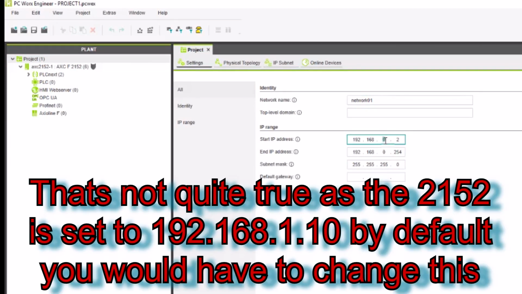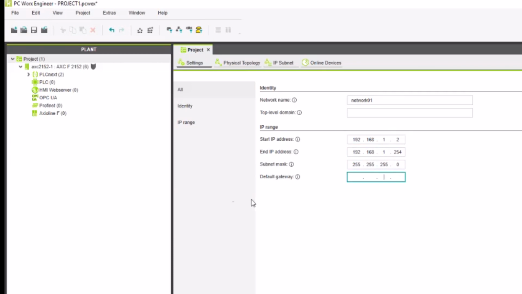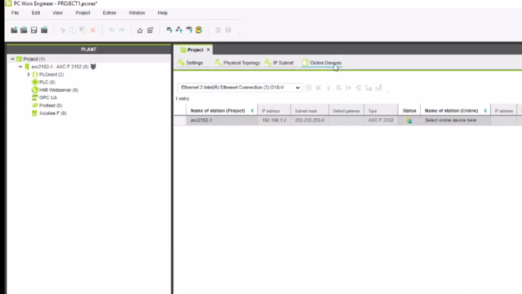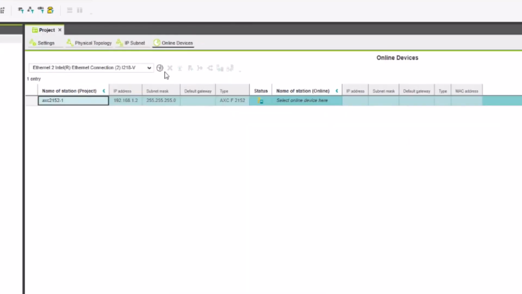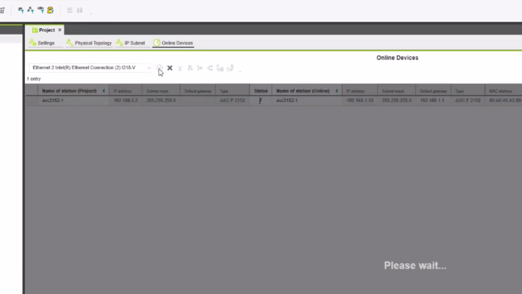I'm on a .1.x IP subnet, so I'm just going to change this to my subnet, and then I'm going to go into online devices, and here is what it's expecting. It doesn't know my IP address of my device yet, so I'm going to tell it to search the network for devices. That won't take a moment. It should find my device, and there it has